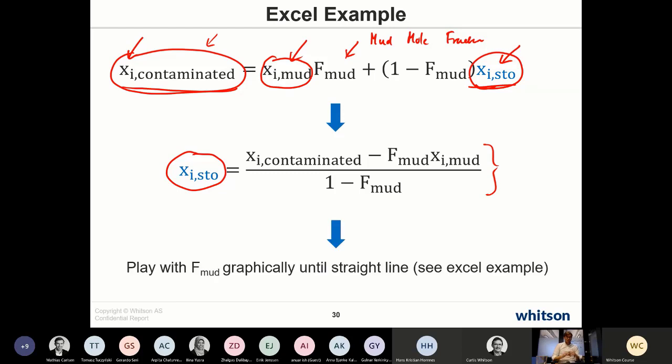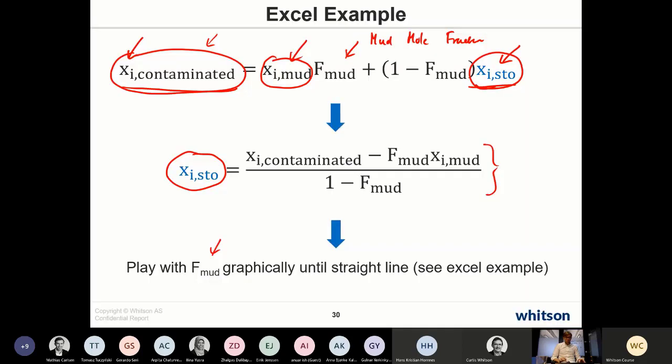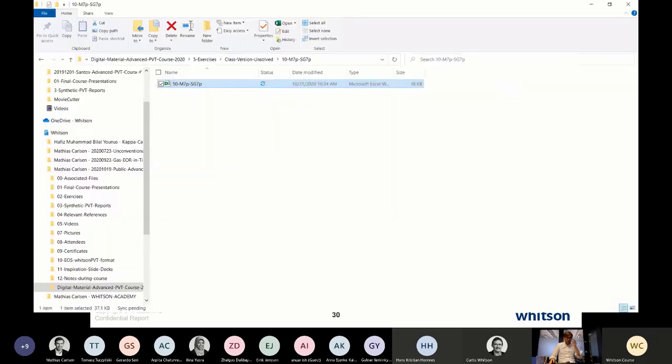What we do in practice is play graphically with this parameter, F_g mud, until we see a straight line on the plot that we showed on the last plot. Just to go through that real quick with you all here,